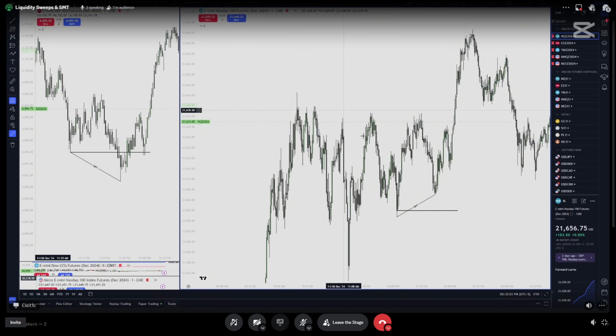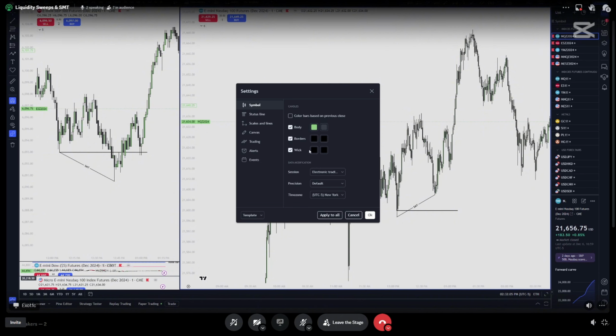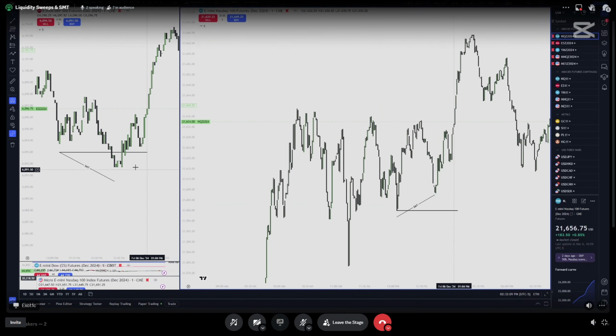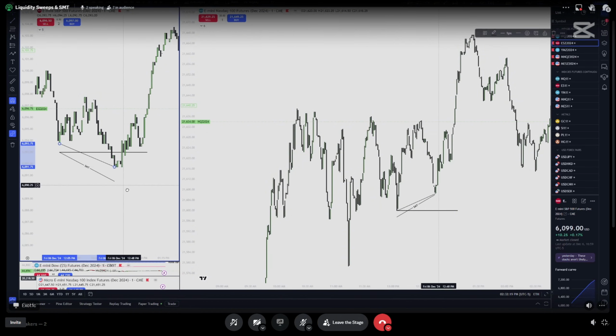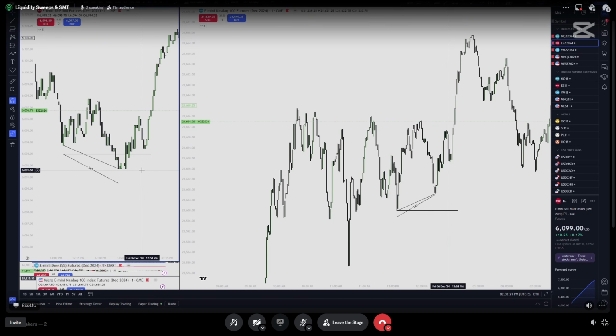that we made. And again, we can take off our wicks here, and we can see we have that SMT here with the bodies. Body to body, wick to wick. And this is going to be our strongest form of SMT. And this is going to be good grounds for a complete reversal